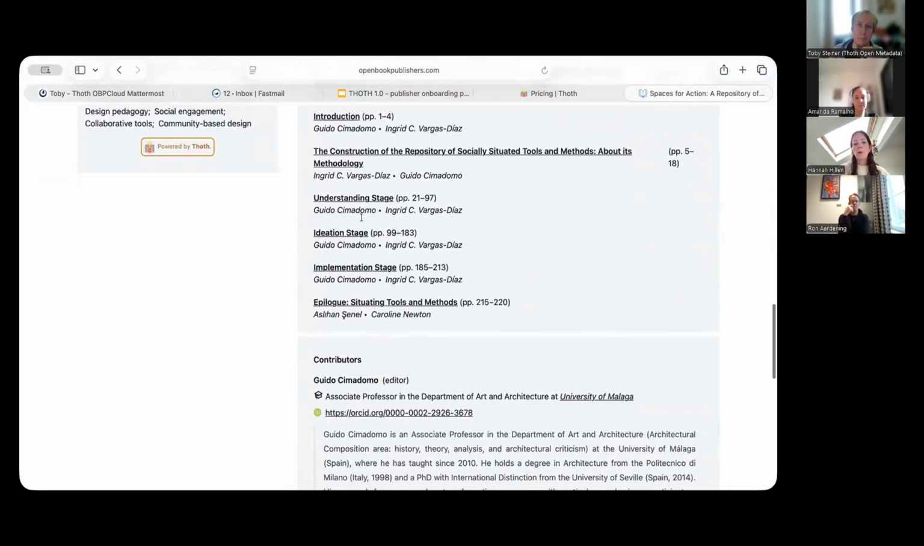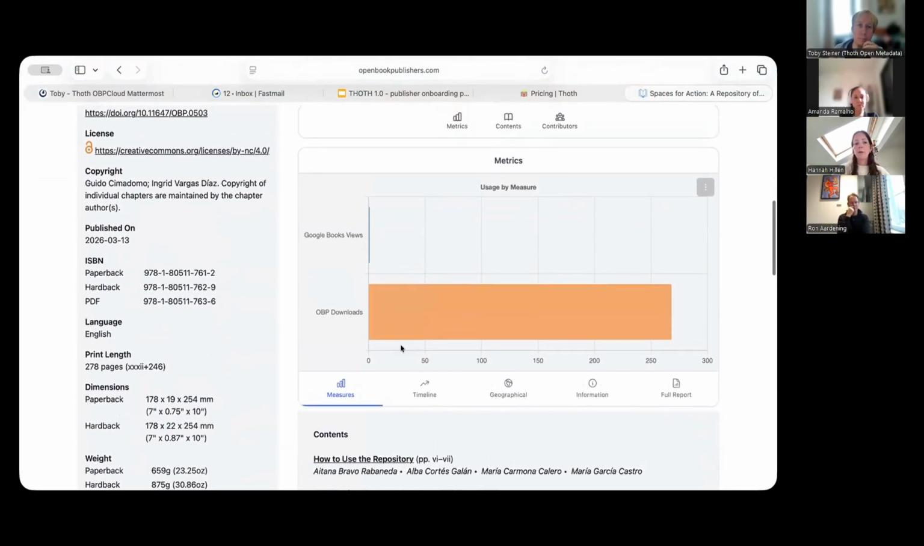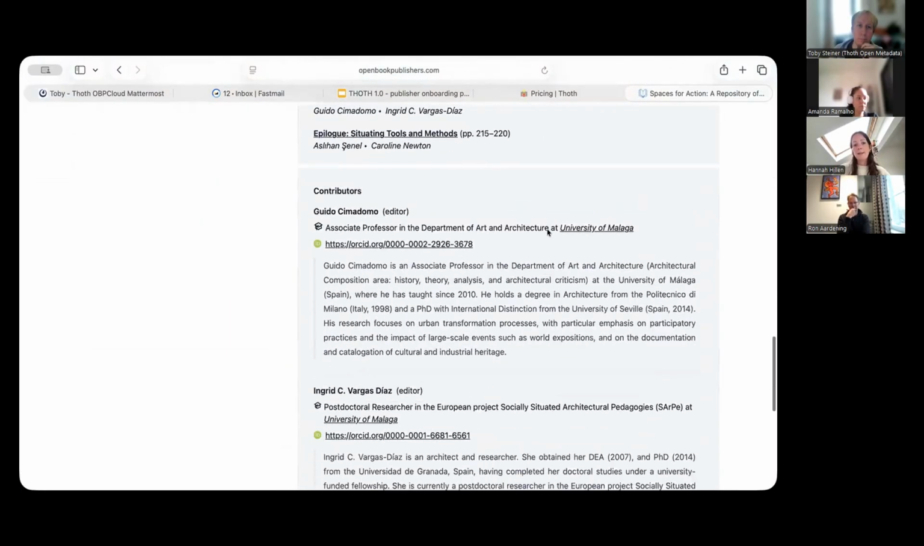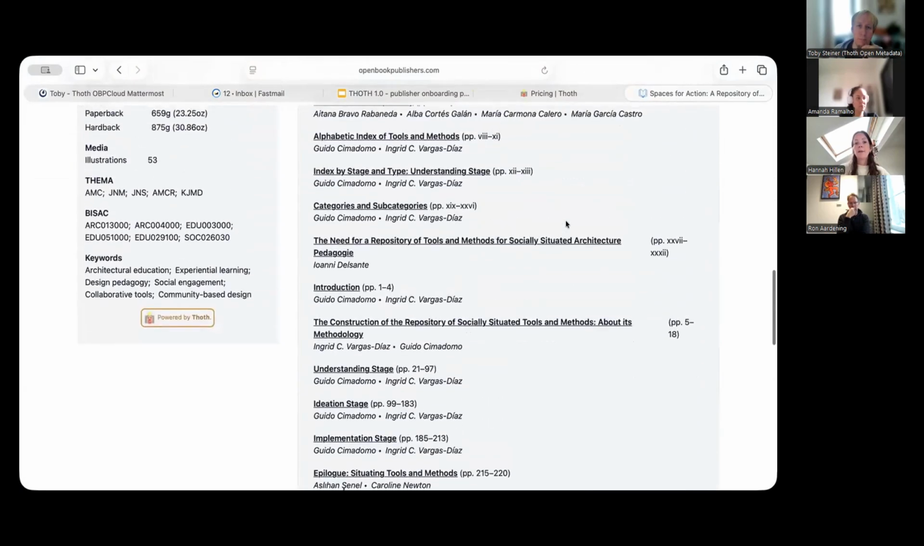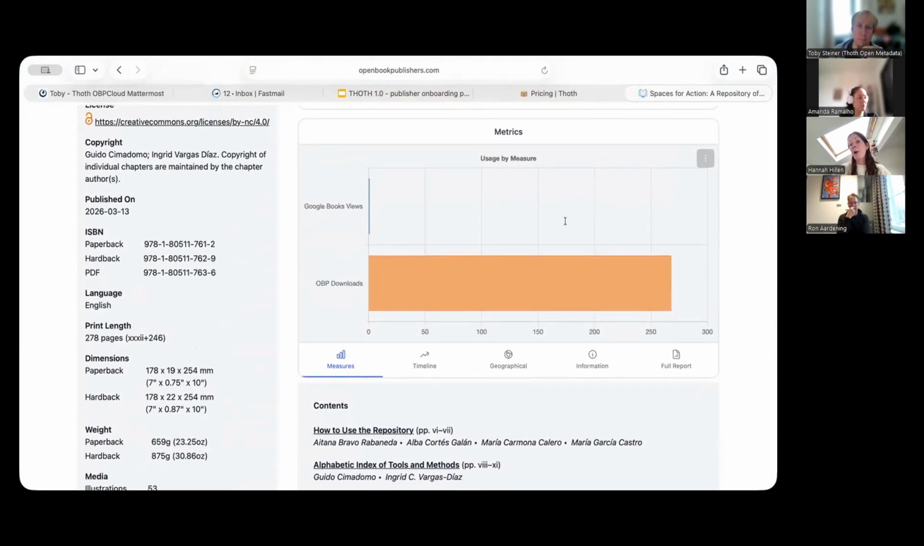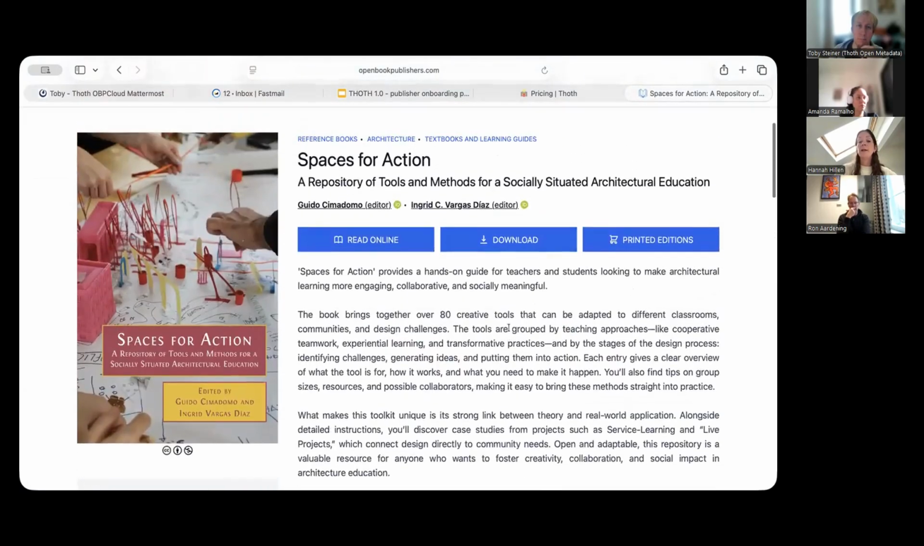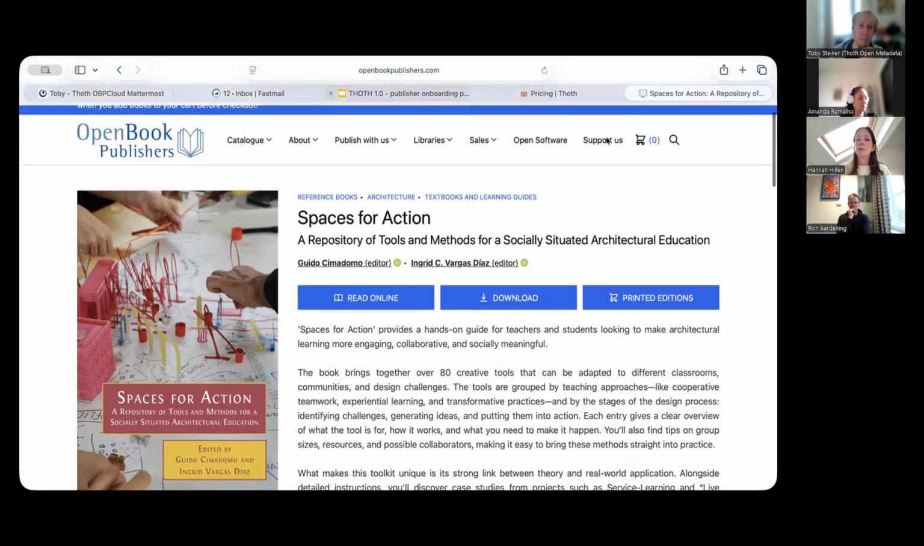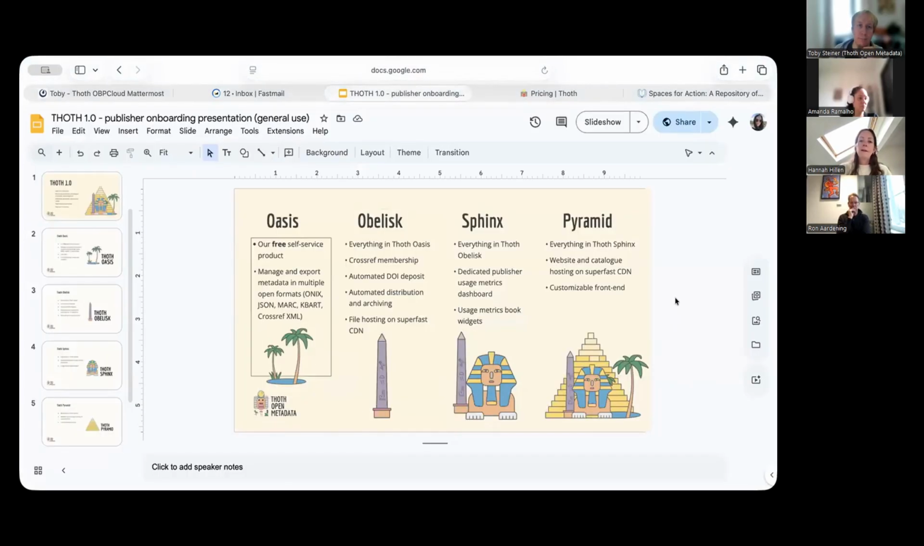So you've got all of the descriptive metadata, all of the chapter level metadata, you've got contributors, and like Toby demonstrated, they've also added the usage metric widget for this book as well. And anytime you update metadata in Tote, that will be automatically pulled through to the catalogue. So it's a really nice new service that we're offering for publishers. If I just jump back to my slides,